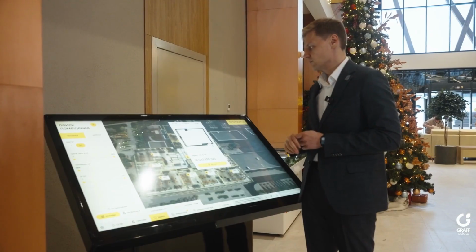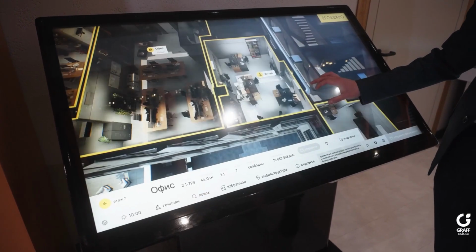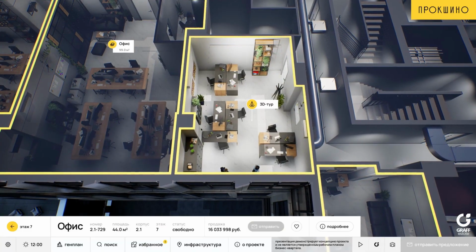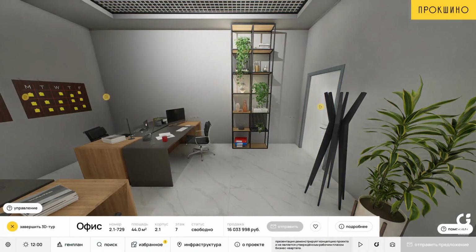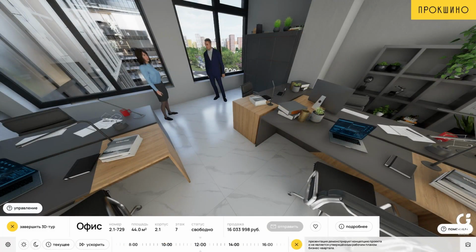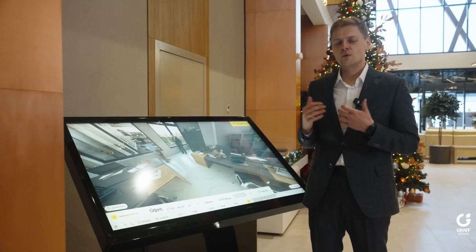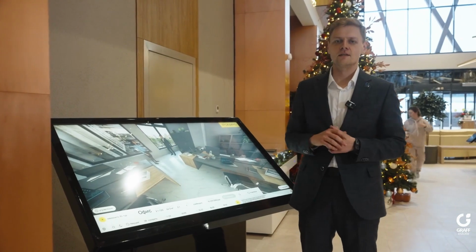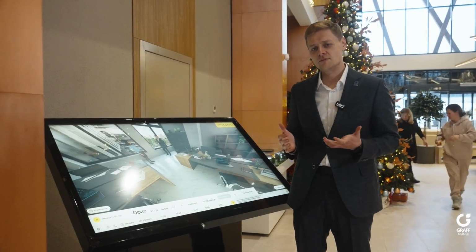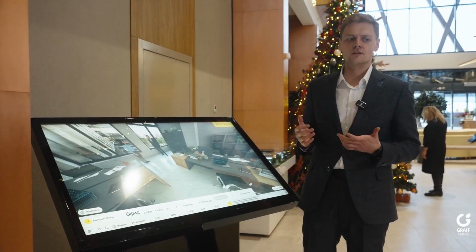We got acquainted with it in the floor plan. We clicked on the 3D plan and were taken to it. In the same way, we looked at the top view. We immersed ourselves inside. In the same way, we can watch how the installation progresses depending on the time of day. Even though this is commercial real estate, we understand that we spend quite a lot of time in the office, and the position of the sun and the view from the window are also very important factors when choosing